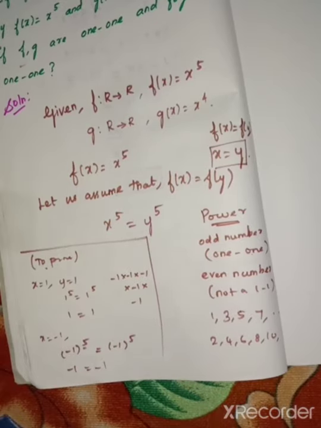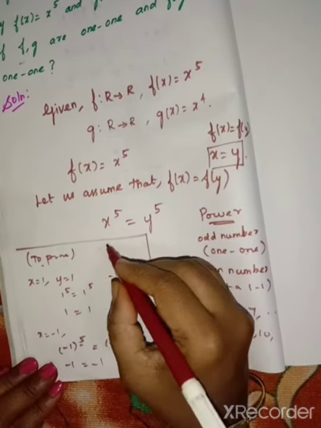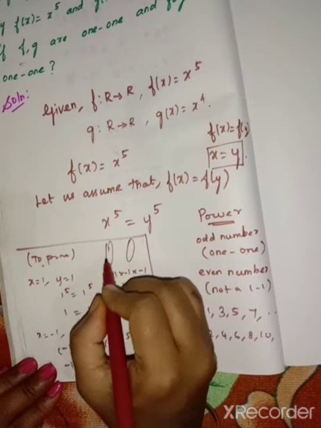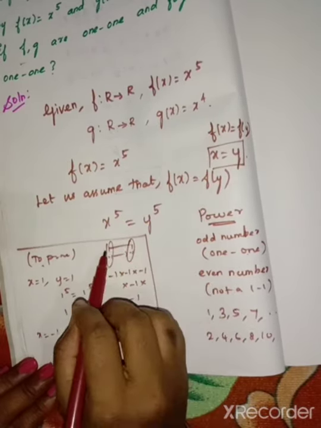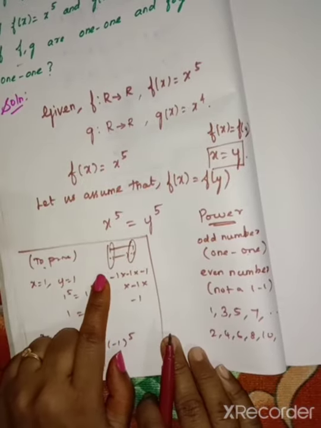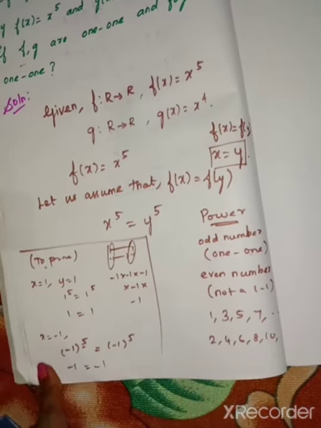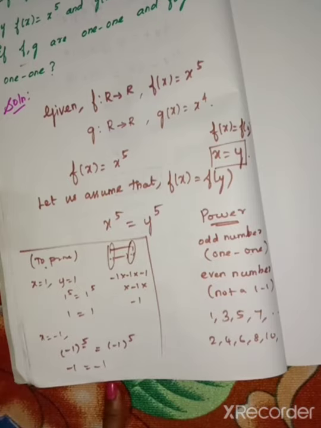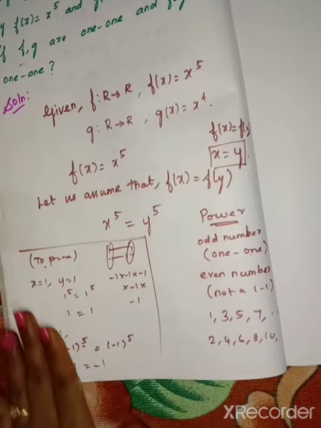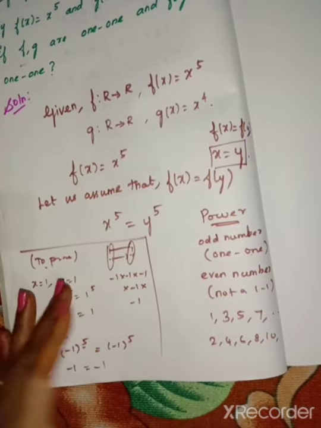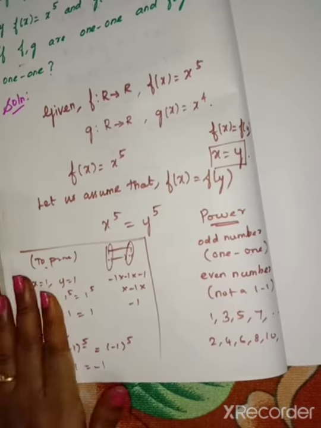So for minus 1 what do we get? Minus 1. So for this we can use an arrow diagram, 1 and minus 1. If you substitute, we get different, distinct elements, distinct images. So we get one image each. Because of this we say that if it is an odd number, definitely it is 1 to 1. Suppose if you have an even number, it is not 1 to 1. This is just an example to prove it to you. If you want, you can write it in the note, or otherwise no need.